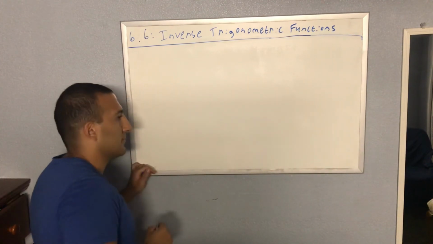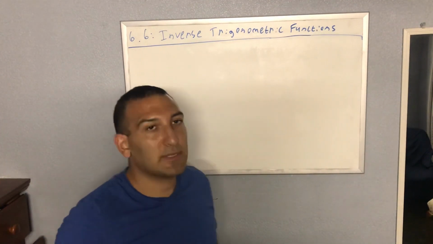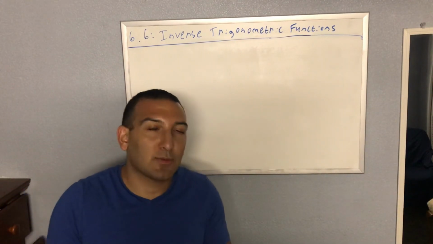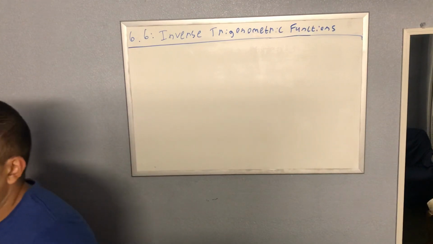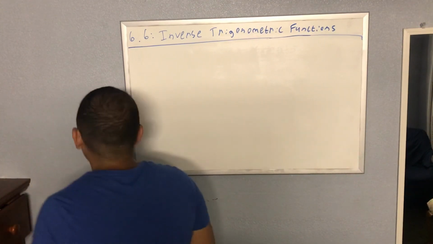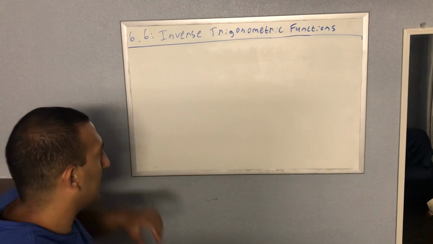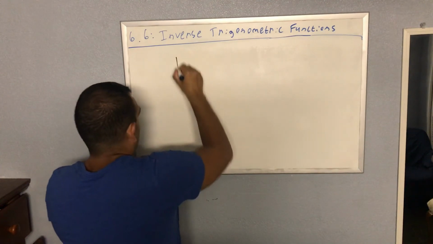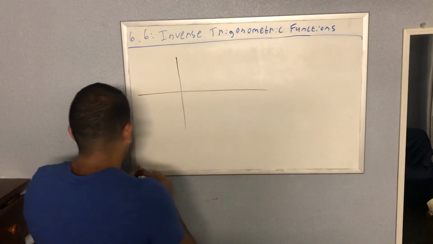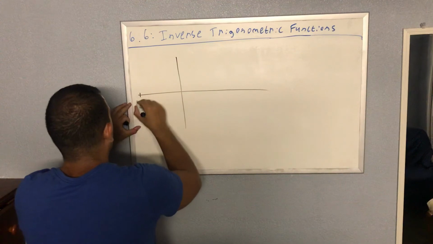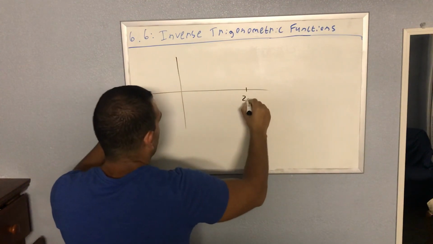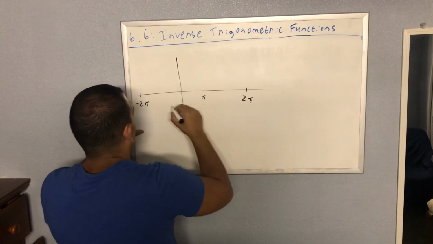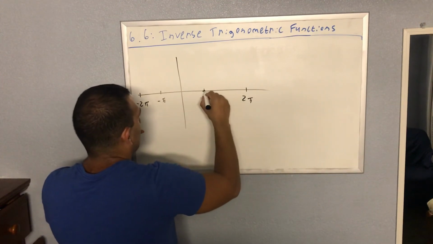So we have, I know that you've talked about this before in a trig course, but now we're going to do calculus on it basically. And just for the sake of review, we can talk about where maybe sine inverse comes from. So if you remember the graph of sine, let's just look at it from negative 2 pi to positive 2 pi, for example. It's 0 at these numbers,